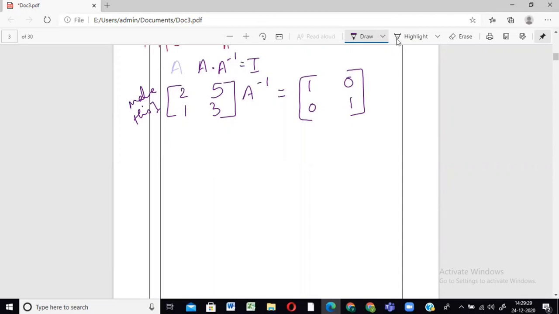And not just for row transformation, even while doing column transformation, something similar to this will always work. Okay, so let's come to the problem. As I said, our major aim is to make this identity. Whatever row transformation operations we perform on this matrix will always be performed on this matrix as well.